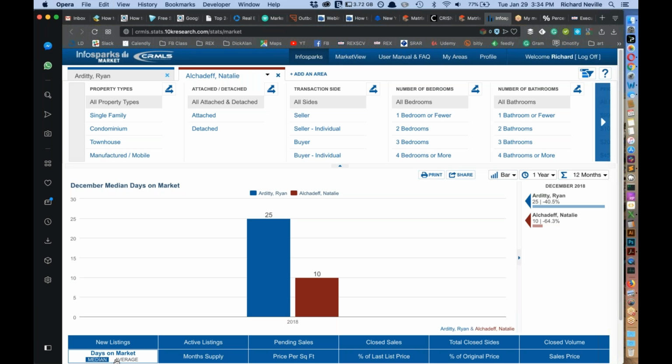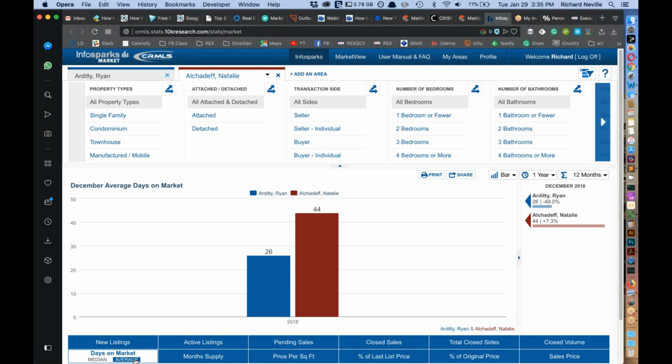Whatever the third number is, that's what this number is, regardless of the highest and the lowest. So I'm a fan of the average and not the median, because the median is not the average. Okay, but anyways,